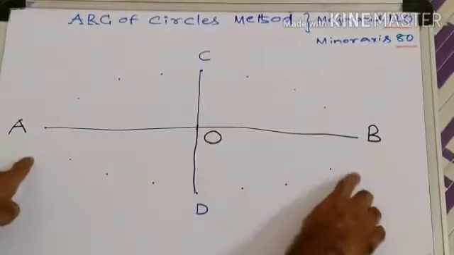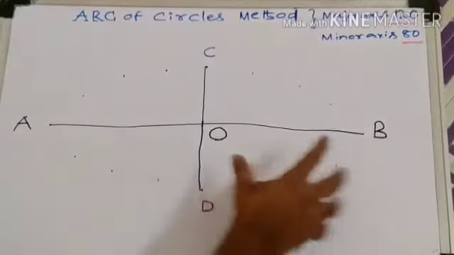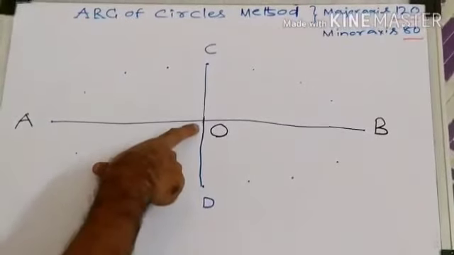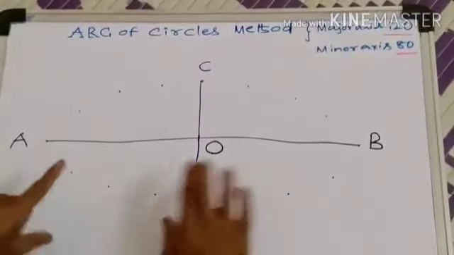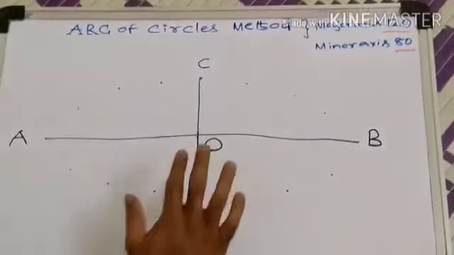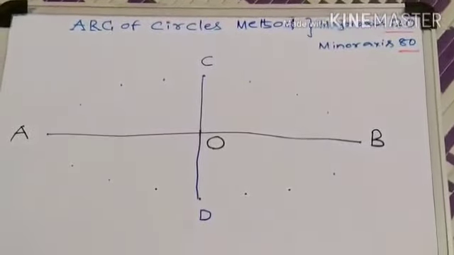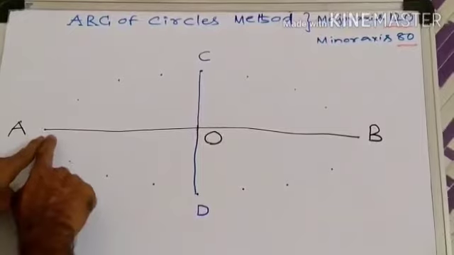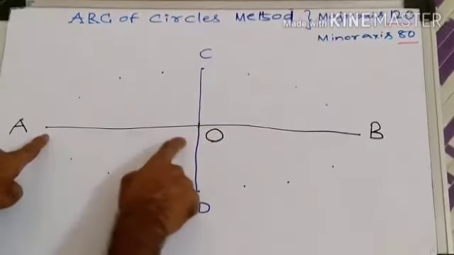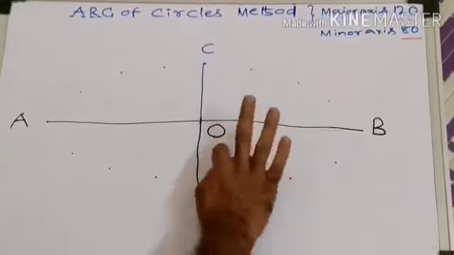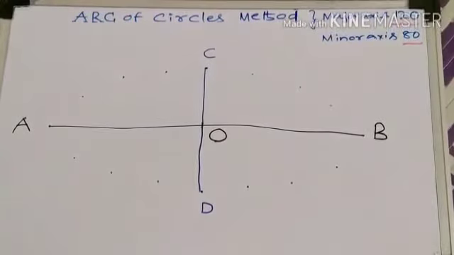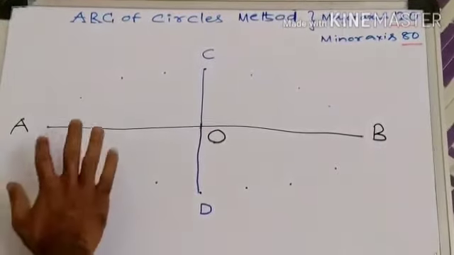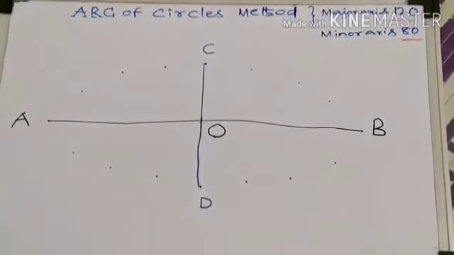After getting the major axis and minor axis, intersecting at the point O, with AB and CD having midpoint O, how do we get the respective foci? Half of the major axis length is going to be the radius, that is AO or OB, and the minor axis ends are the centers. You cut the major axis and you will get the respective foci.